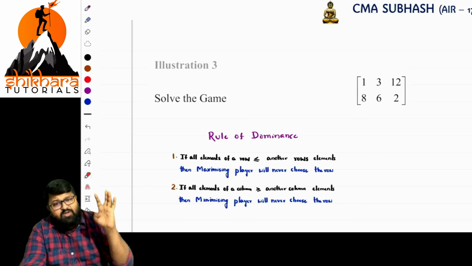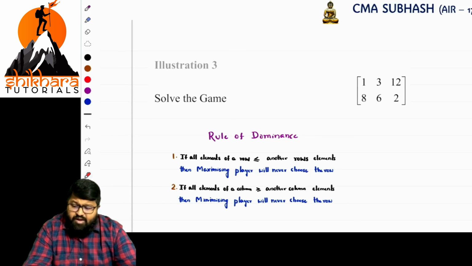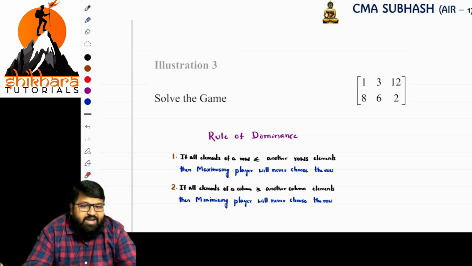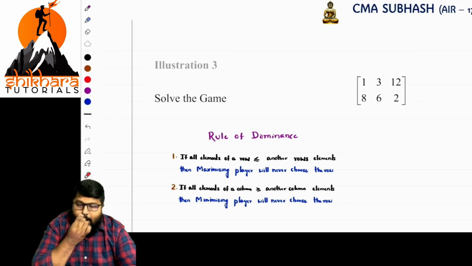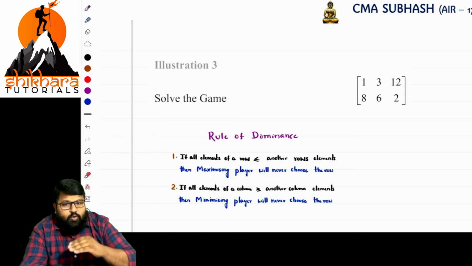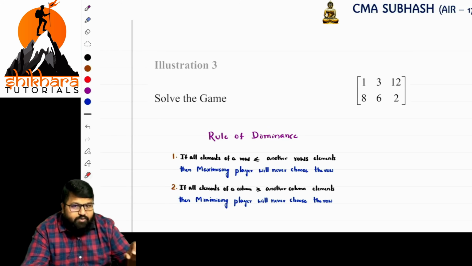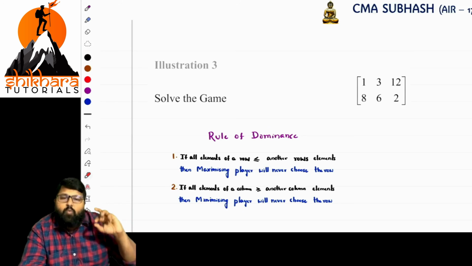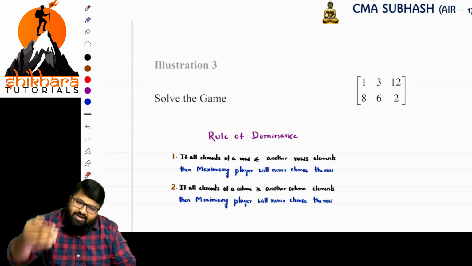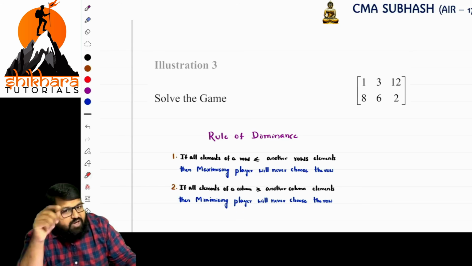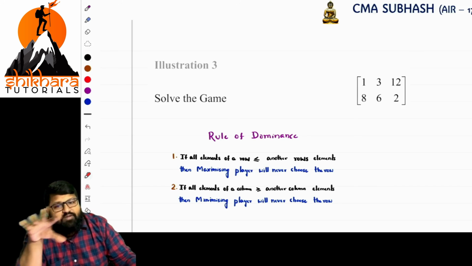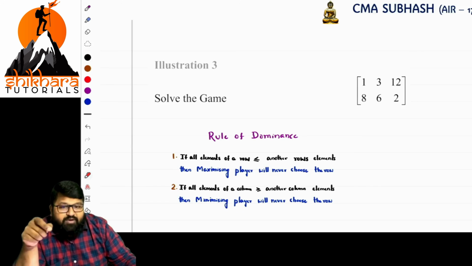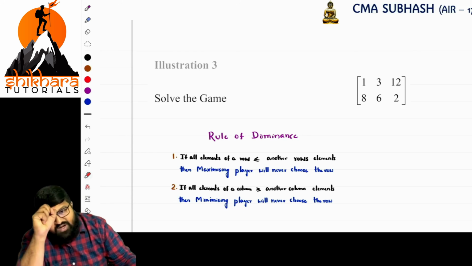Sir, when we are applying the odds method, the order should be 2 by 2. That is the most important aspect. If the order is not 2 by 2, then we go with what? Rule of dominance: apply it and eliminate the required rows and columns. While eliminating, what is the process? Rows having all values least should be eliminated. There can be a chance that one value is equal. No issues, it can be equal or at least. And in the case of columns, we have to eliminate the column having the highest values. We repeat the process until we reach a 2 by 2 matrix. Once a 2 by 2 matrix is reached, we are done with the answer.